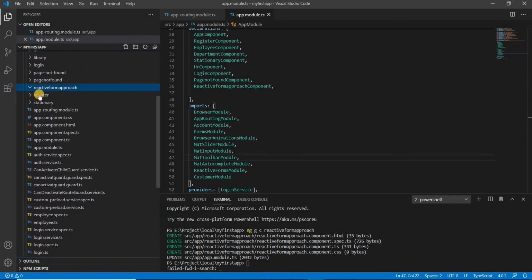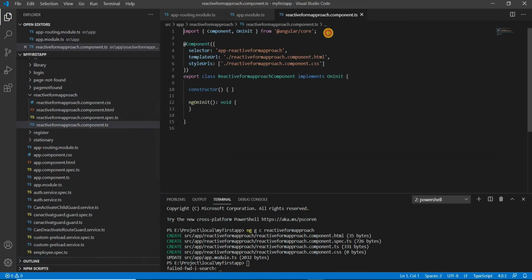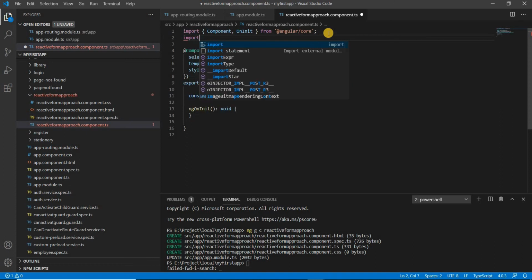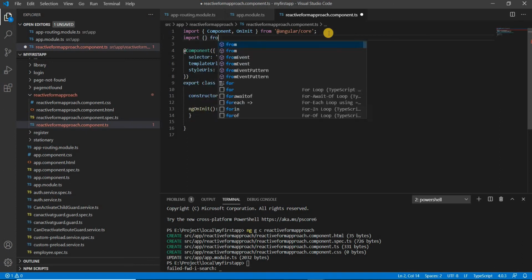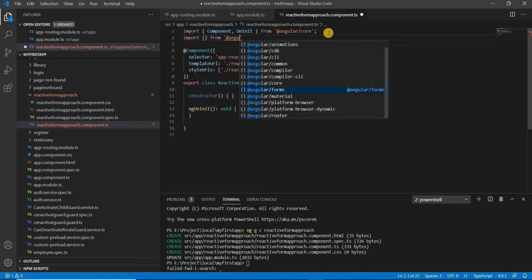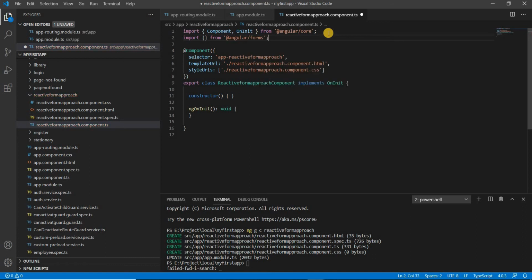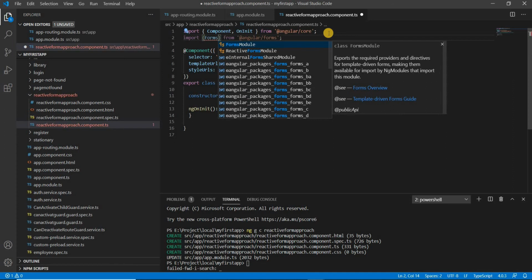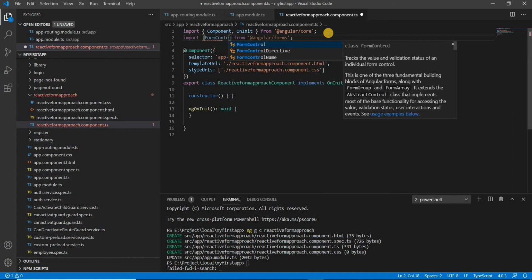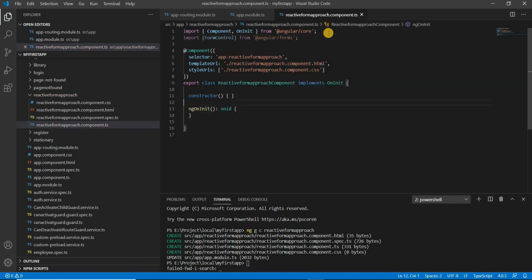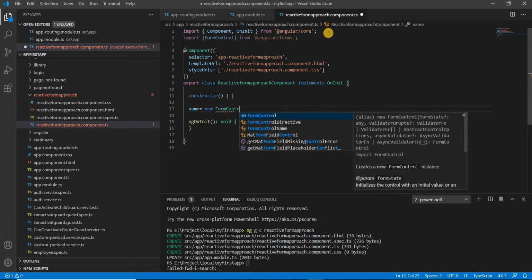Our form is here, so just import from Angular forms FormControl and create an instance for a control like name equal to new FormControl.